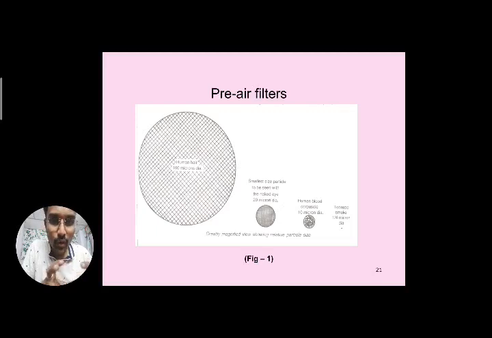Depending on the conditions, different air filter meshes can be used. You can see the diagram of that, showing how the particle appears, like a human hair. How it appears if it is 100 microns dia. The smallest size particle to be seen with the naked eye is 20 micron dia. So it can be seen with the naked eye if it is 20 micron dia. See how the human hair is seen, 100 microns dia.